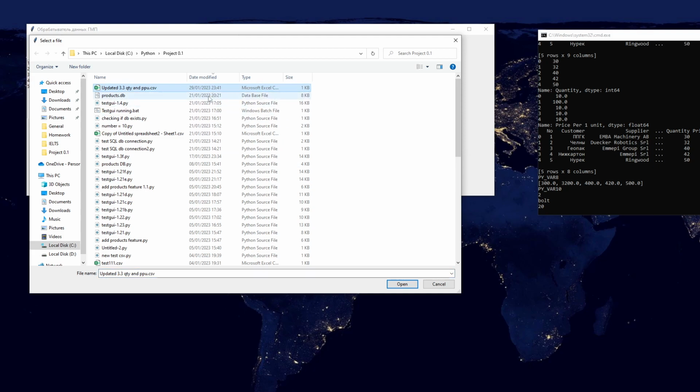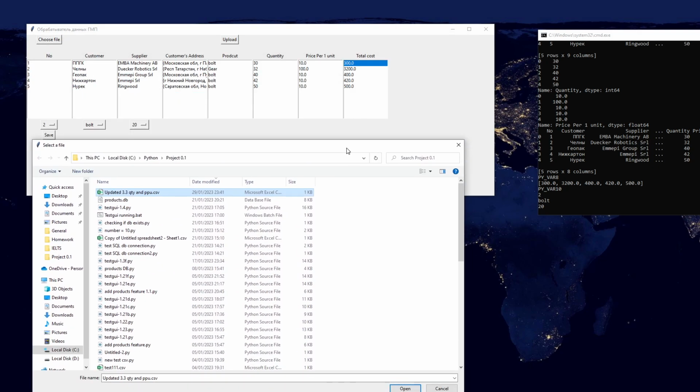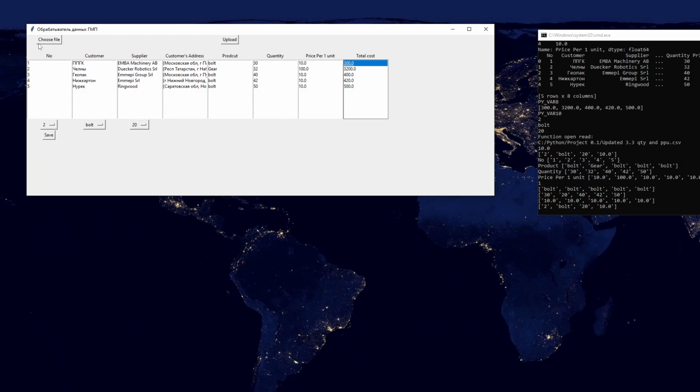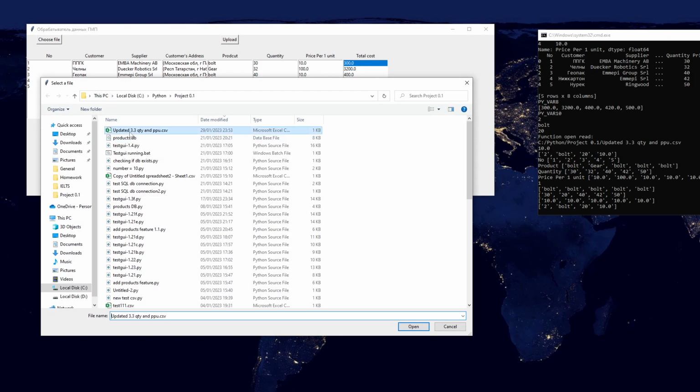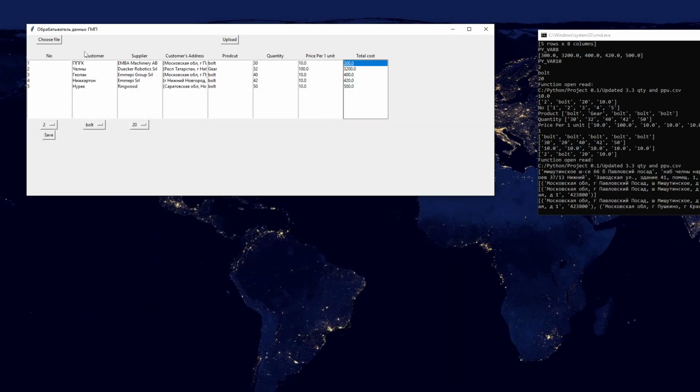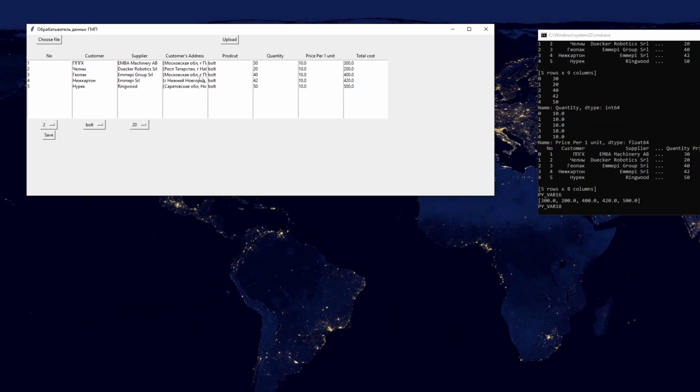So I'll just use the same file, so it's 20 bolts, and now I save it, and then again I choose the file from here and upload it to the GUI, and as you can see, the product quantity changed and so did the total cost. And now if I want to, let's say, change another one, and by the way, just